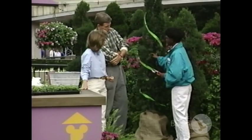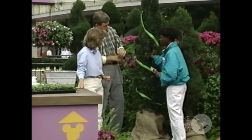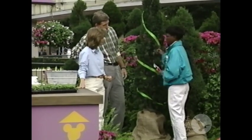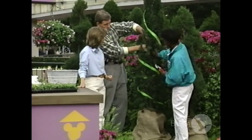We also like to use a juniper because they're pretty thick. And it's filled in really nice so that when you take a section out, it's not going to be blocky and missing a lot of sections there. They're pretty thick. And you cut these all the way to the... Yes, you're going to cut it all the way back,